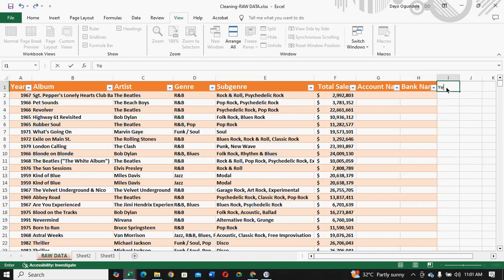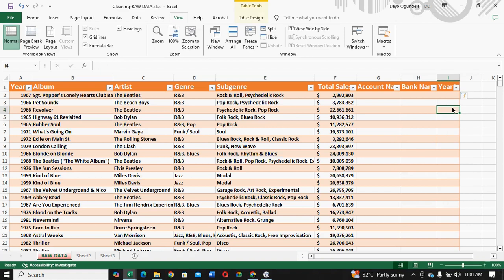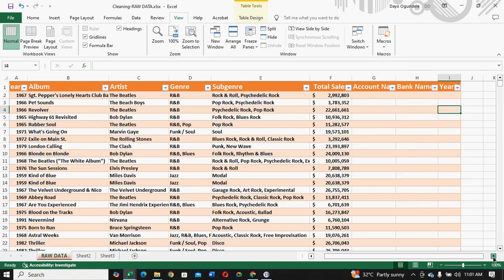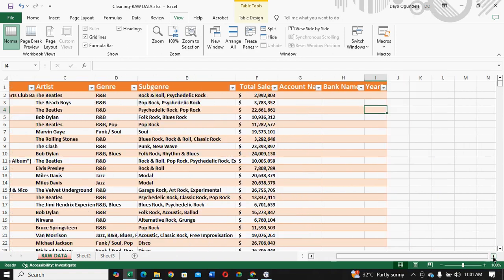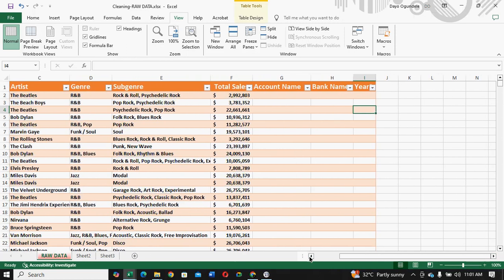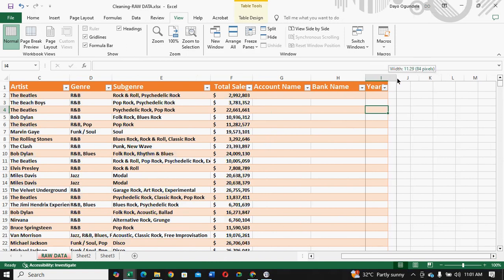Then let me add here, for instance. Okay, yeah. So I can have things like this. Let me shift this up so that you can see properly. This is bank name,